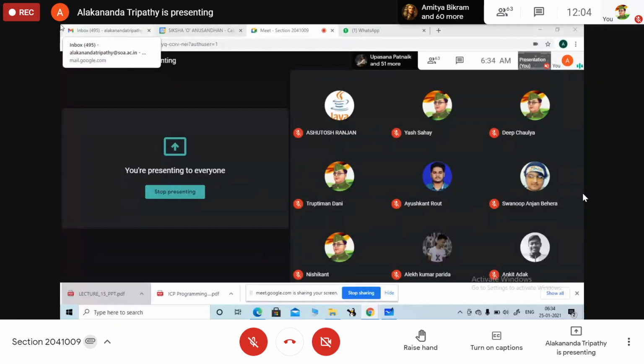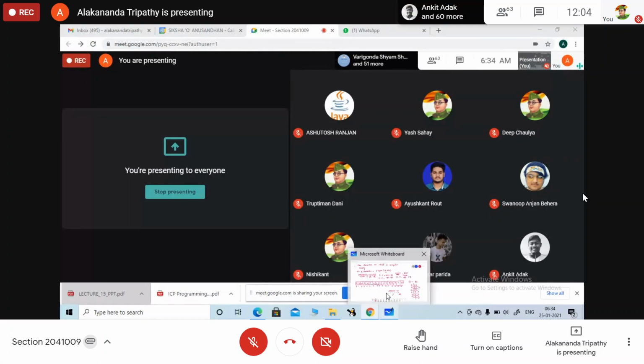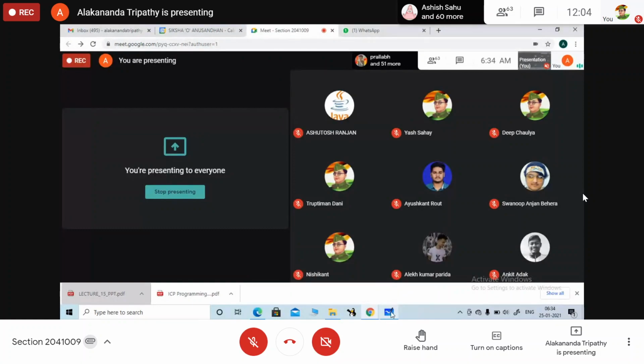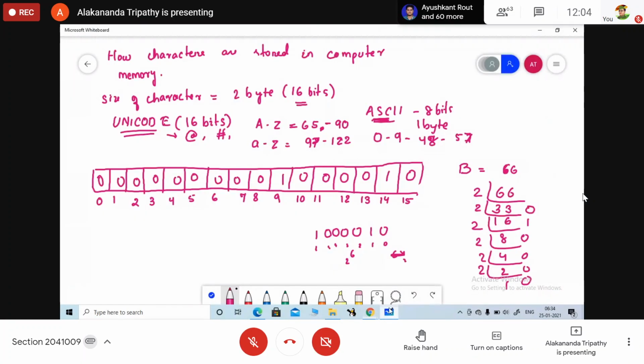So in the last class, we were discussing output-based questions on conditional operator. Apart from the output-based questions, we have started characters. Do you remember? Yes, ma'am.